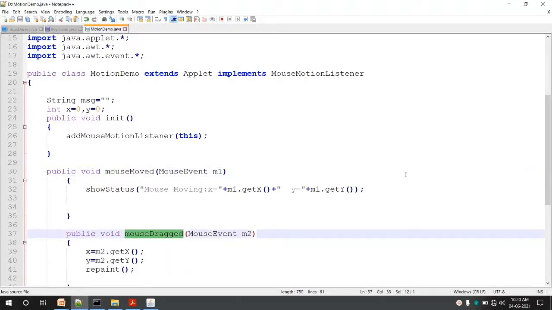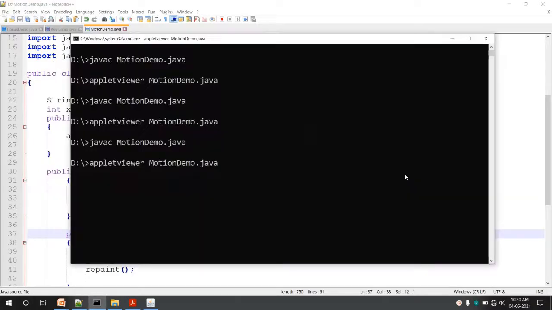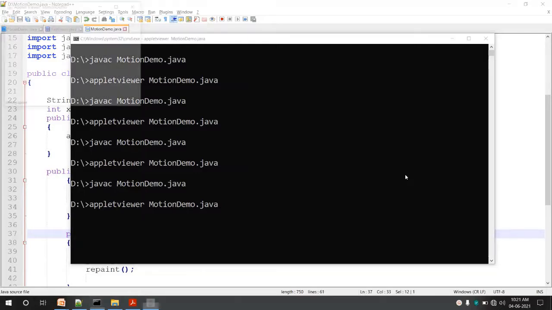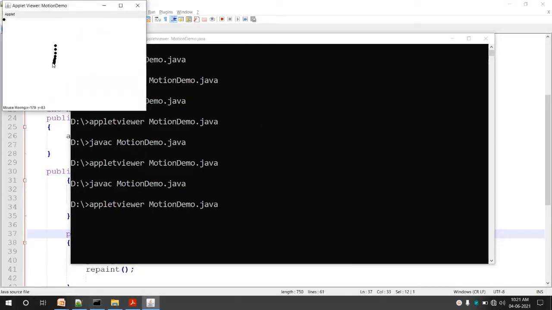Let me save it and show you the execution again. There are no errors, and execute it. You can see it is executing in the same way.